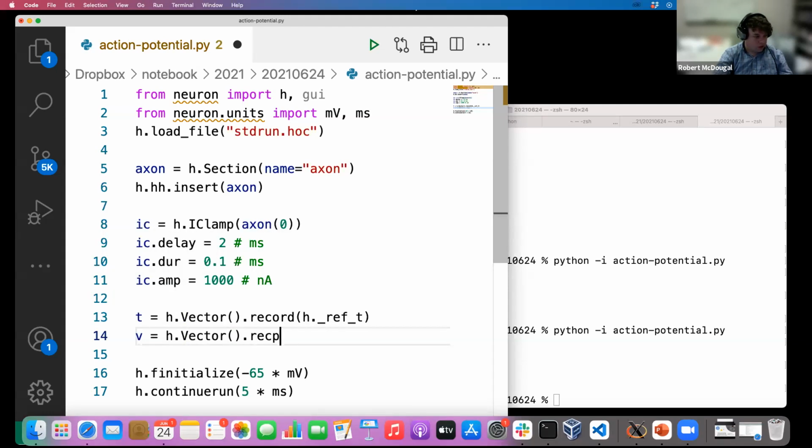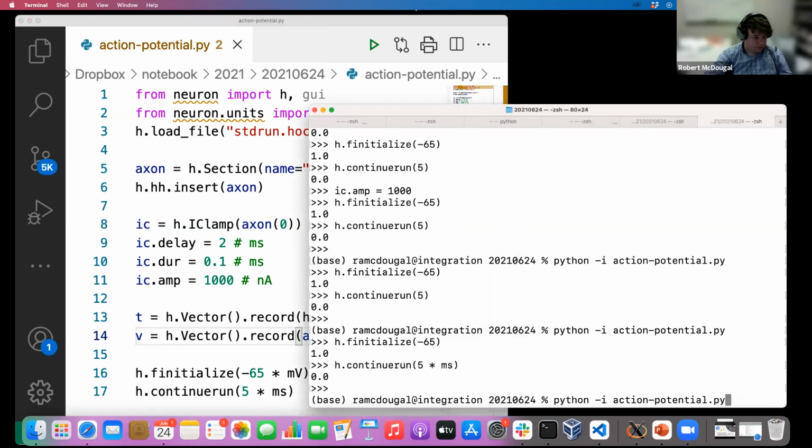I'll record a specific location, let's say the center of the soma. Well, if it was just the membrane potential, it would be .v. But if I want to record something that changes, I'm going to do _ref_v. And so now if I run this,